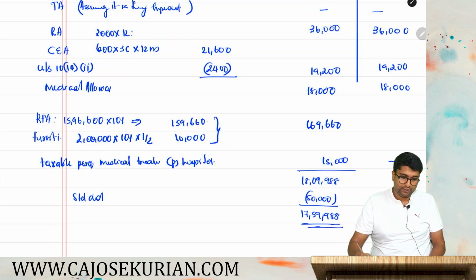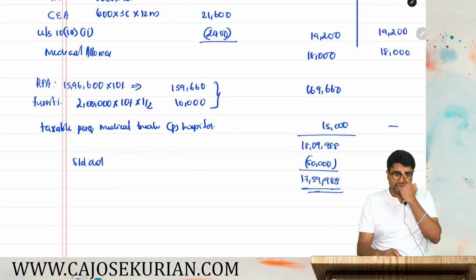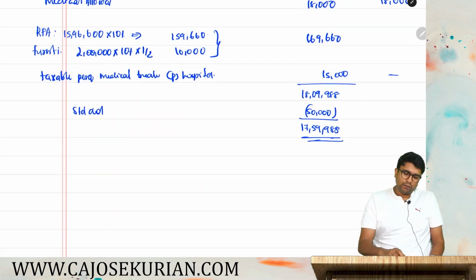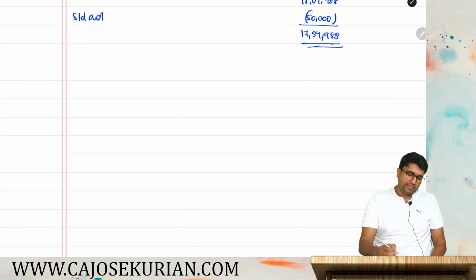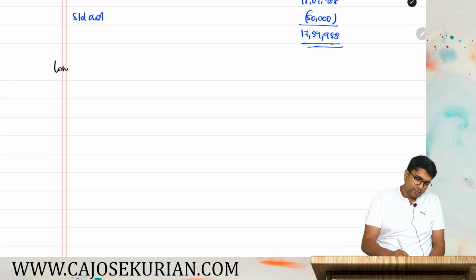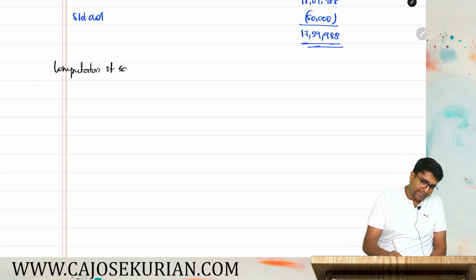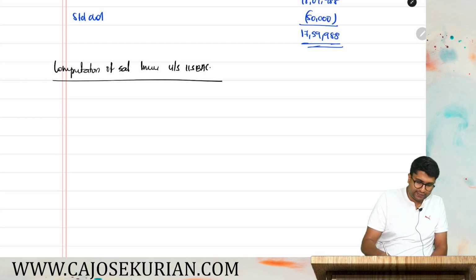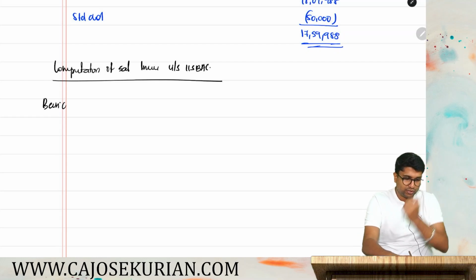17,59,988 shall be the taxable amount as per the old scheme. Now let's compute the amount under 115BAC. Computation of salary income under section 115BAC. Basic salary, there is no change. Full amount